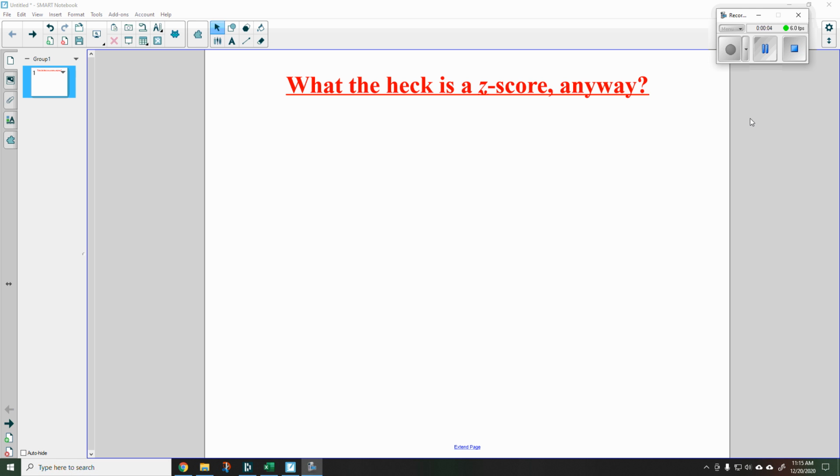So what the heck is a z-score anyway? Even talking to students who understand the empirical rule, there is still a little bit of a lack of understanding of what a z-score is and what its relationship to standard deviation is. So we're going to start with a couple of things here to see if we can explain it in a pretty fundamental way. And I'm going to start with some very, very basic math, which is that